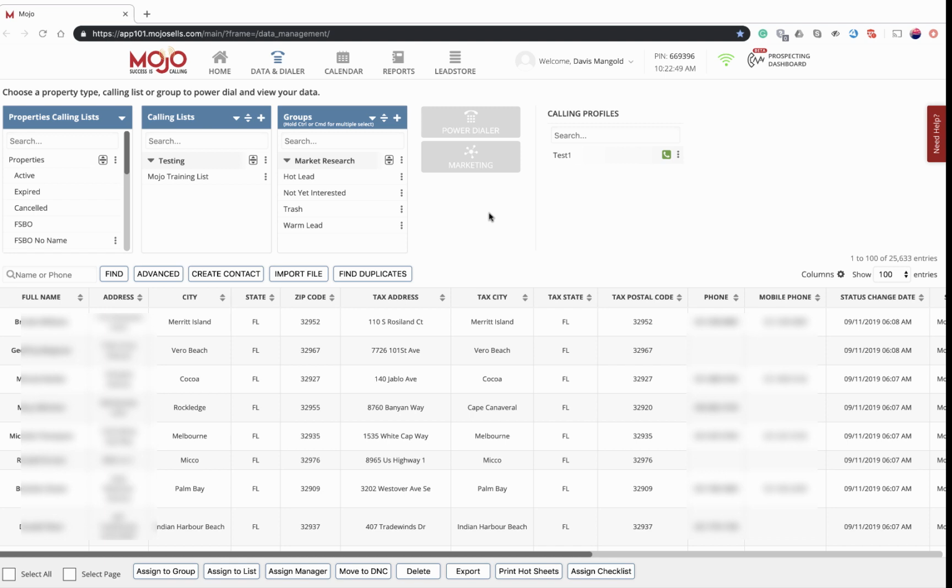That's right. So with the League, you're now going to be able to have some competitive spirit with people outside of your Mojo account. Unlike the personal dashboard or the team leaderboard, which only shows you data for either yourself or people on the same account, the League is going to allow you to compete with people outside of your account. This is going to be great for sales coaches who have students and want them to compete